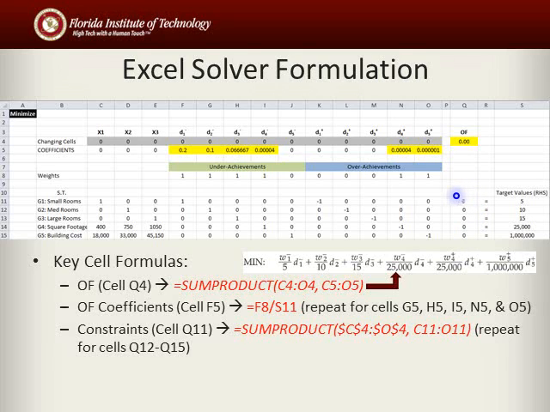Okay, and then including deviational variables and everything, they have to be equal to the right-hand side values. These are the target values for each of our goals. Okay, so that cell